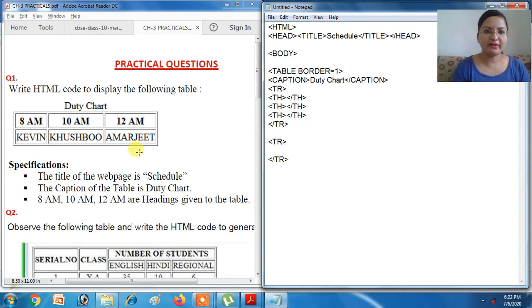In the second row you have to write 3 TDs, TD opening tag and TD closing tag.